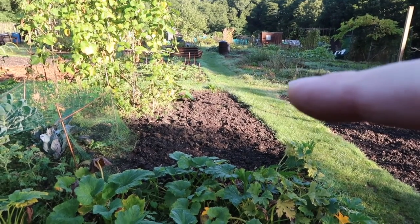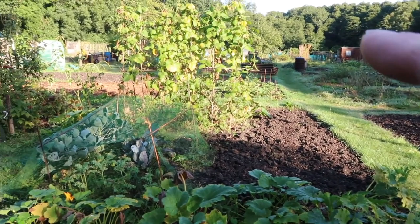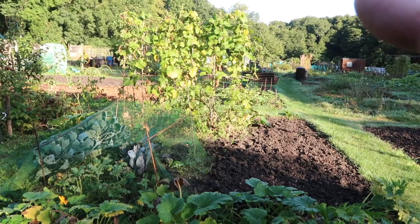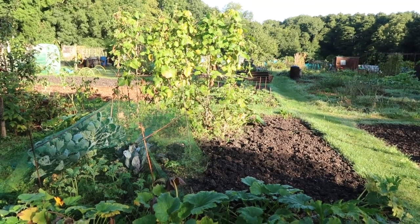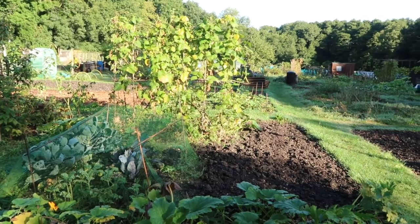I've taken the sweet corn out, as you can probably see. I'm just going to leave that now until the beans have finished. I'm not harvesting any more beans at the moment. I'm just letting those go to seed so that I've got some seed for next year, and then I'll clear the rest of that back to the path, and probably just leave it